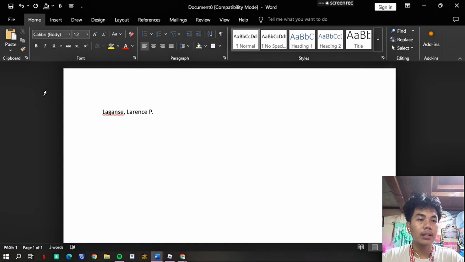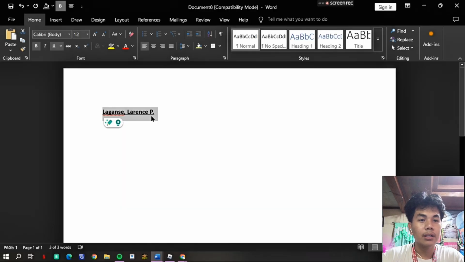Highlight the text by dragging your cursor over it, or just use the shortcut by pressing Ctrl A to select all. Next, for bold font, just press Ctrl B. And to underline the text, just press Ctrl U. And press Ctrl plus E to center, and then press enter to move to a new line below the title.